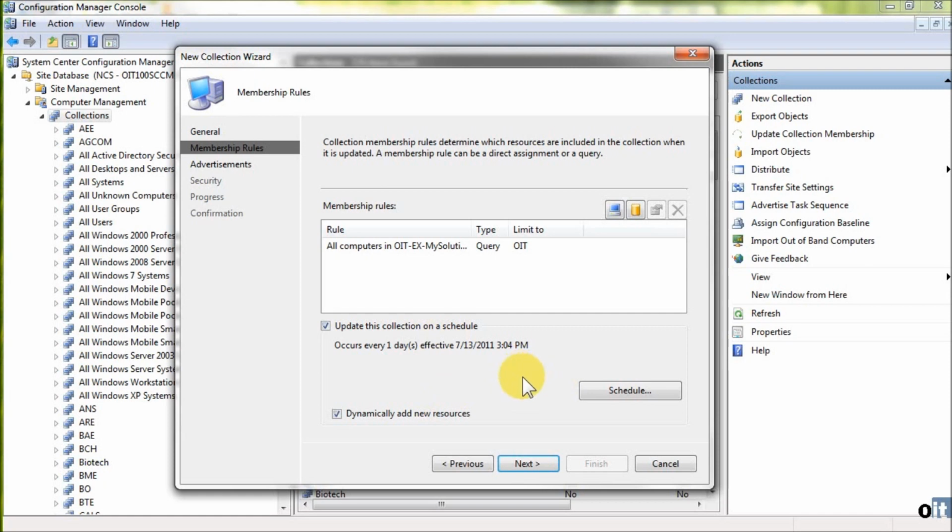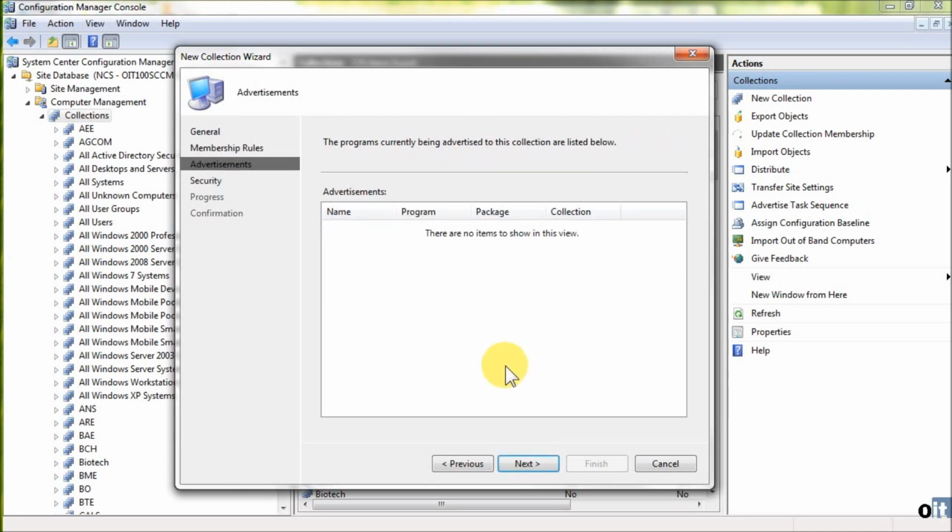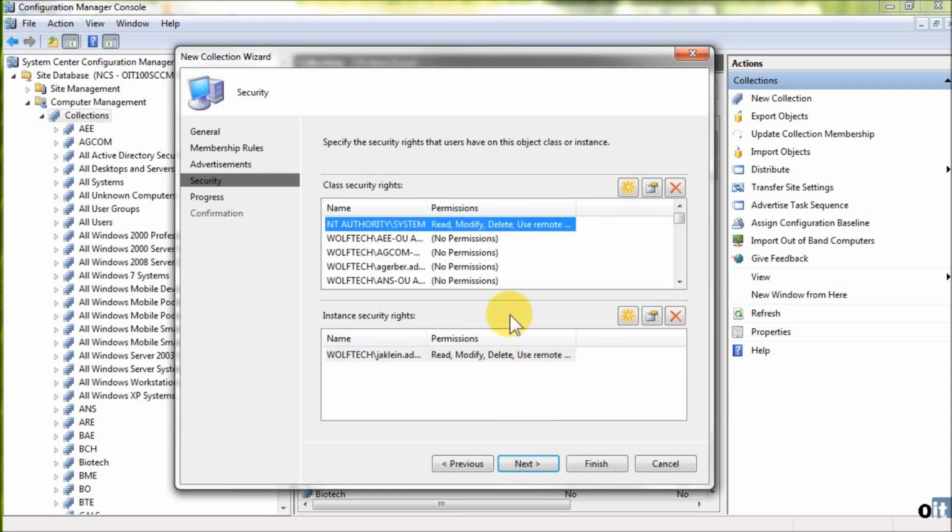This is a new collection, so I don't have any programs currently being advertised. Other things that I did with the wizard, or if I had gone through a different path, maybe there'd be some additional pieces. Now, I've said a couple of times that the permissions would not be right. There is no way for SCCM, which doesn't have a very good concept of